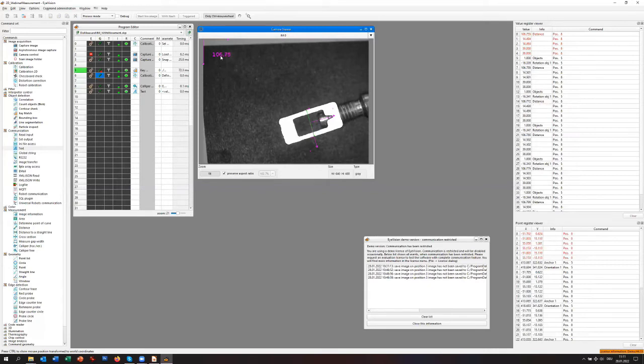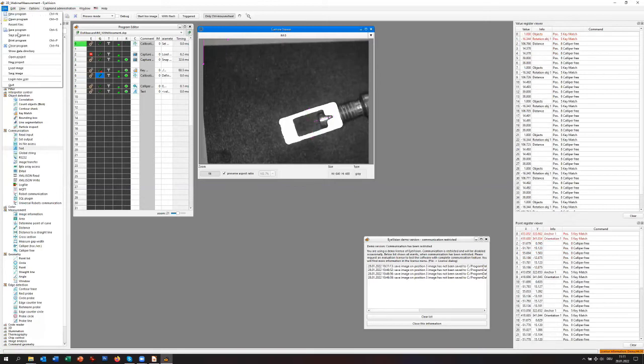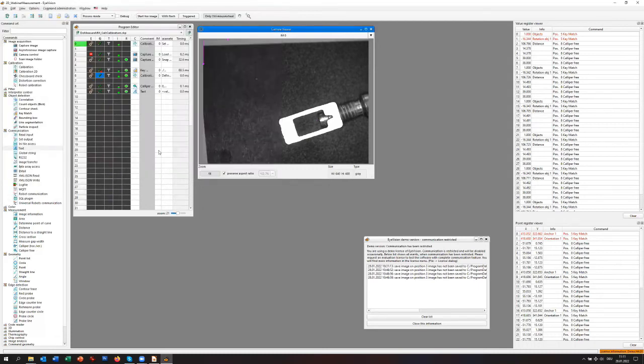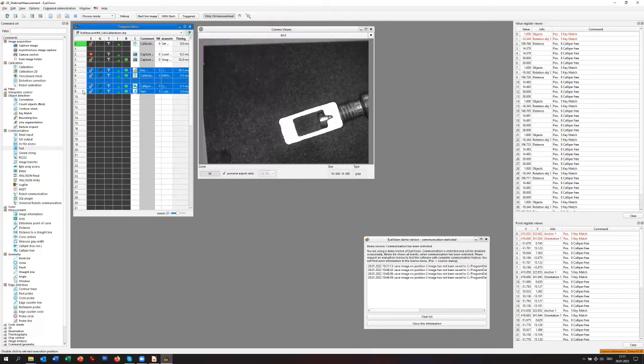So the first thing is we do a calibration. So let's use this. Save, calc, do measure in pixel, calc calibration. How do we do this? We simply delete this stuff here. The calibration is easily done. Normally